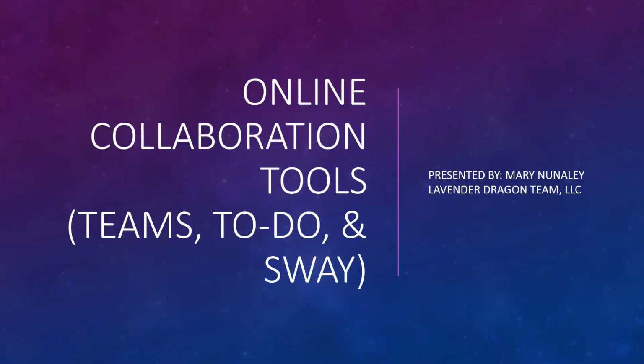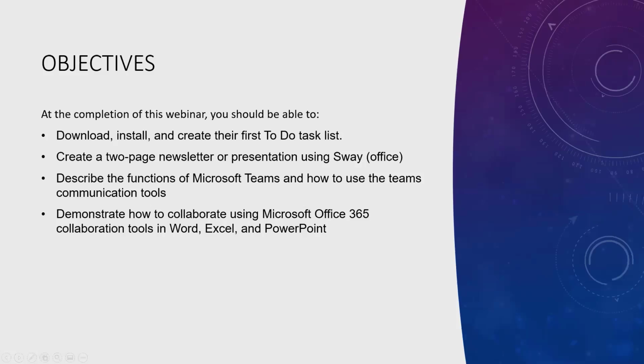So for those of you who want to track me down, my name is Mary Nunley. I'm the co-founder of the Lavender Dragon team. Let me just say, if you ever start your own company, find a short name, because it makes email ridiculous when people have to send me an email at marynunley@lavenderdragonteam.com. Unfortunately, I have to use my business name in order to do a lot of those things like setting up email. All right, so here we go.